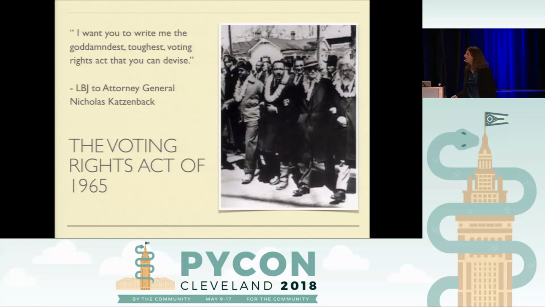All right, so we will start right here with the Voting Rights Act of 1965. I should say that gerrymandering is a large issue, and what we're focusing on today is particular issues of racial gerrymandering in the context of the Voting Rights Act. So this is a picture from the march from Selma to Montgomery that took place in early 1965, coming on the heels of the 1964 Civil Rights Act, which prohibited racial discrimination in public places and in the workplace, but didn't go nearly as far as advocates were hoping in terms of voting rights.